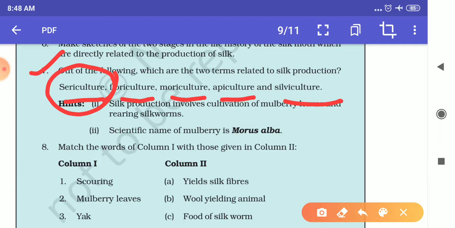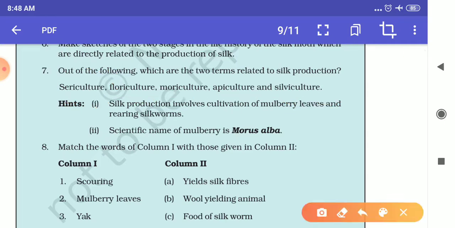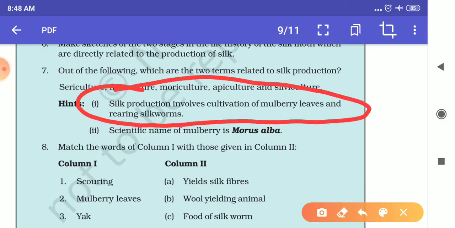In the hint, the silk production involves cultivation of mulberry leaves and rearing silkworms. The rearing of silkworms is called sericulture, and